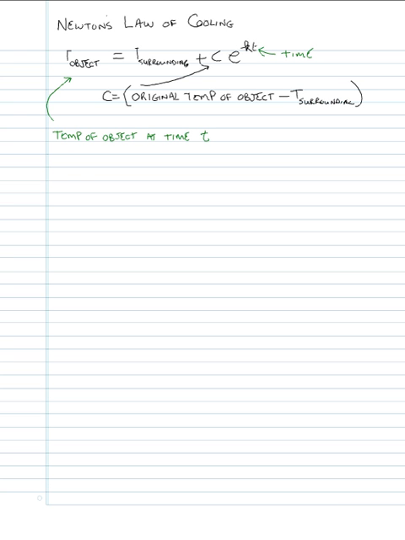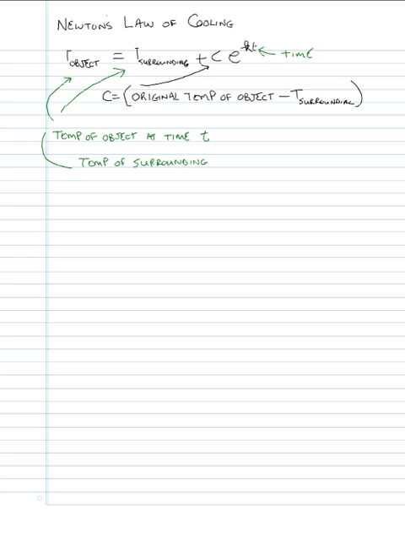Now the T sub surrounding, okay, this T, this is the temperature of the surrounding medium, okay? Temperature of the surrounding medium. Whether it's the temperature of the water something's thrown in, or the room temperature, or we take it outside and put it in snow, the temperature of the snow, whatever, the temperature of the surrounding that the object finds its place in. And you can see this value C is a constant, and what it is is the difference between the